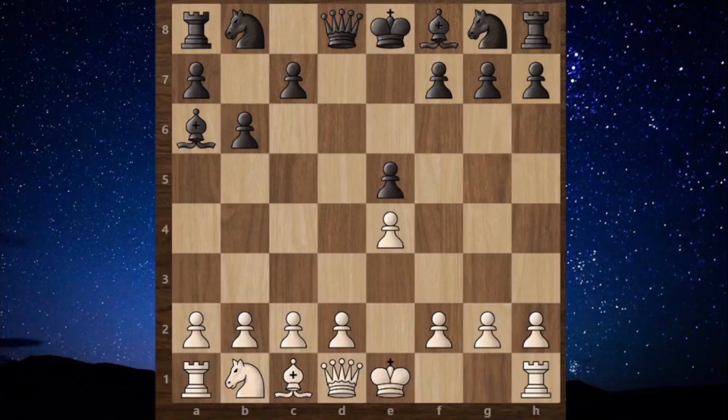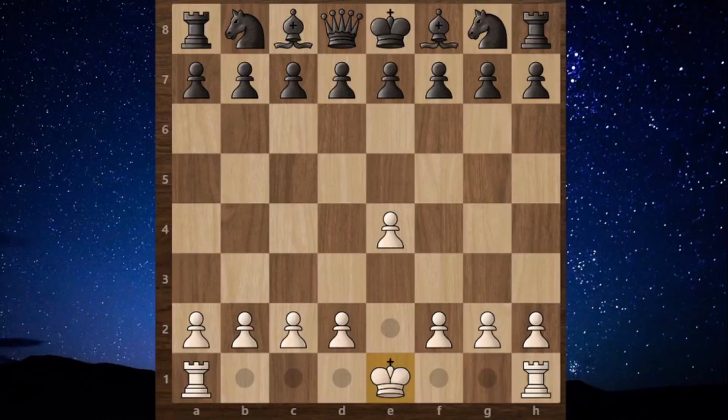To understand the castling rules, we will see some variations. Here the bishop is eyeing the castling side, so we can't castle. Let's see another scenario. In this position, the king is moved, so castling is not possible. Even if you bring back the king on origin square, then also you can't castle. And the same will be applied for the rooks.